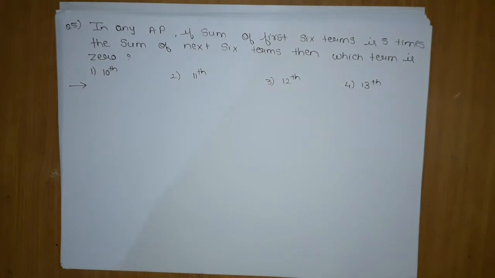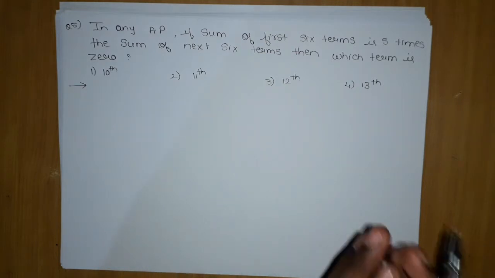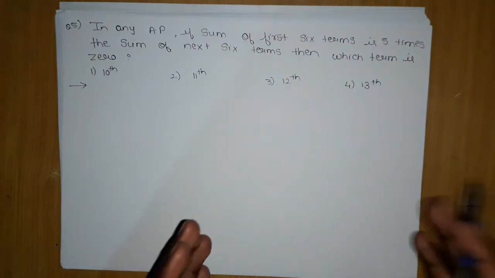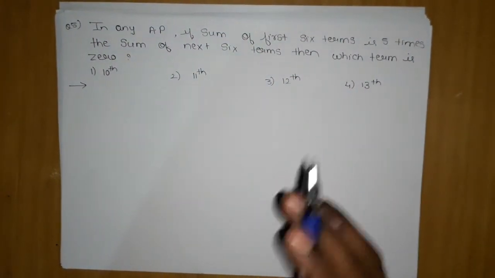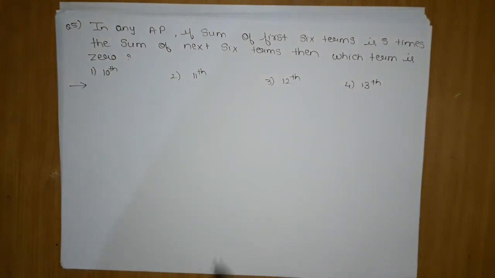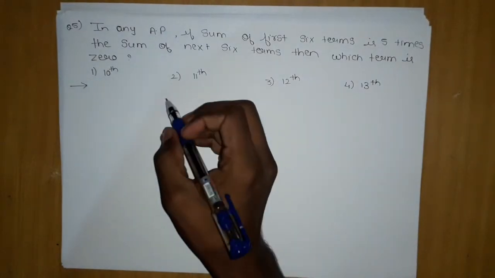The difference d depends on how many numbers you're taking. In odd numbers, 2d will always be there as a constant. If you take 3d minus d, it will give you 2d. So the difference in odd numbers is 2d. In that pattern you can consider any number of terms, but considering that method is also right. You can solve this question by that method also, but it will just cause a lot of wastage of time.